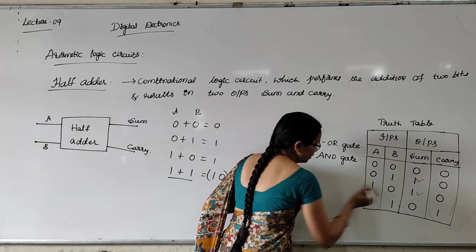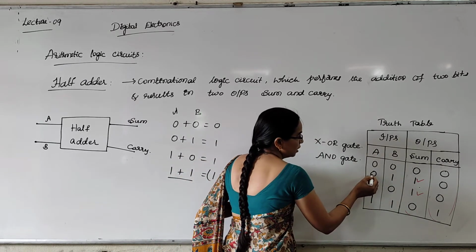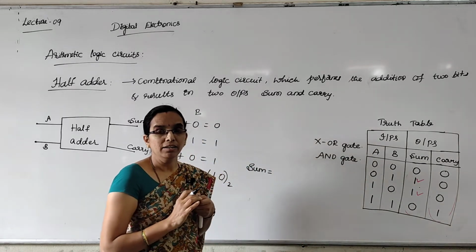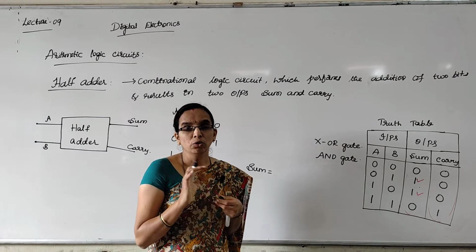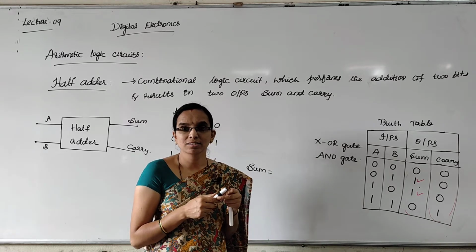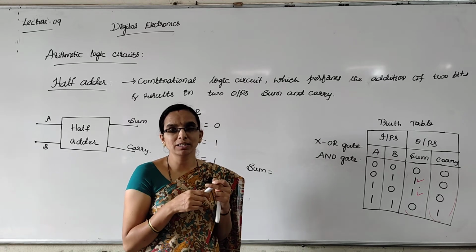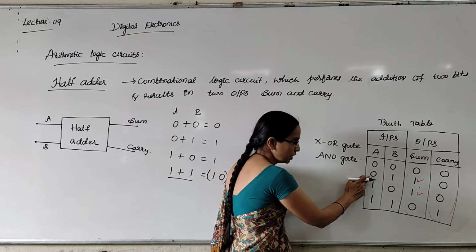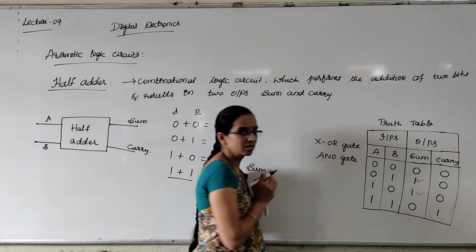The first one I will take. For this first high output, A is 0, B is 1. We are using positive logic here. Positive logic in the sense, high should be considered as 1 and low as 0. Low is considered as complement and high is considered as the direct variable. So, if 0 is there, I will write A complement, if 1 is there, I will directly write B.